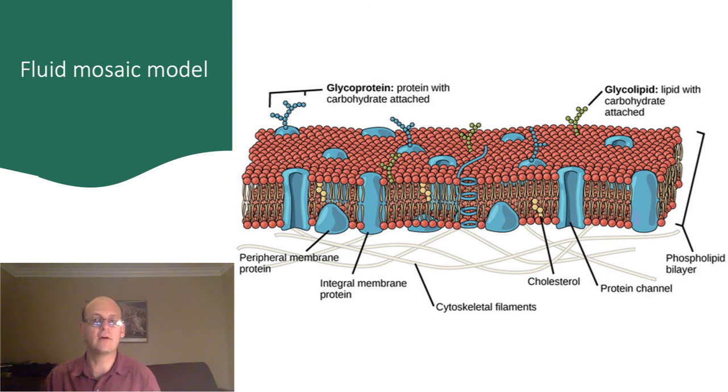The way that scientists now understand how a membrane is constructed is based on what is known as the fluid mosaic model. In this model, some of the molecules move around laterally in relation to each other, and they move quite a lot. Among the phospholipids are proteins that are embedded into the cell membrane. If the protein is just on the membrane's surface, we call that a peripheral membrane protein. If the protein goes all the way through the membrane, we call it an integral membrane protein. Let's take a moment to look at why some proteins sit on the surface and some integrate through the membrane.